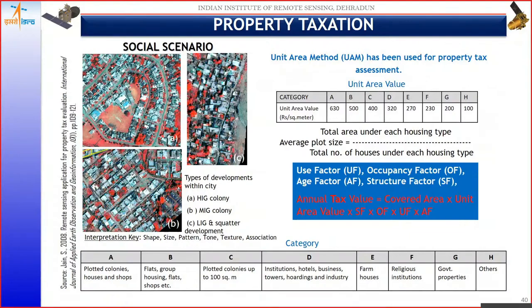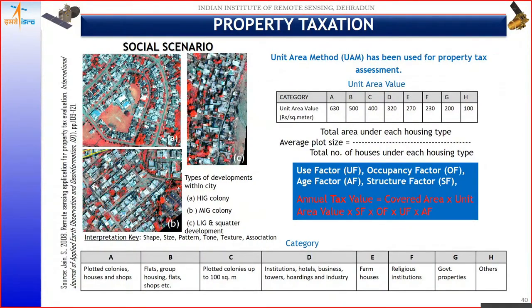Such information will certainly require the use of GNSS. One can go to the ground and collect field specific, parcel specific, building specific information,